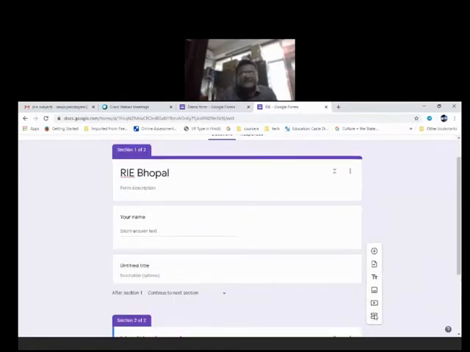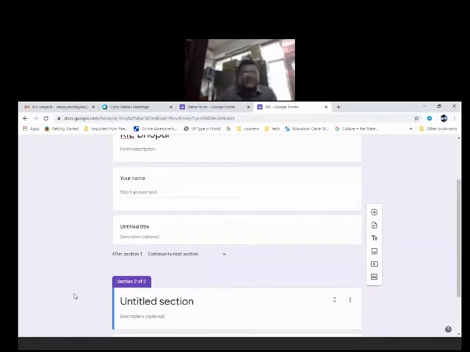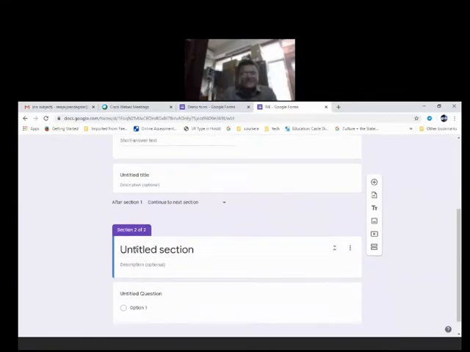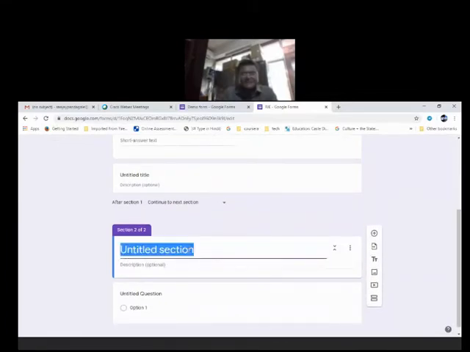The moment I click it here, it will be divided. This form is divided into two parts now. The first part is section 1 of 2, that is RI Bhopal till this place, and second, section 2 of 2, that is the untitled section. I can rename it. So the second section is starting from this one.